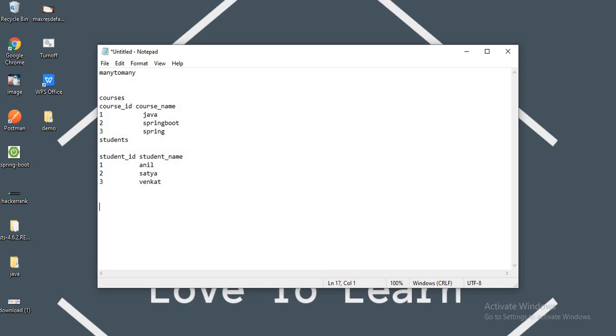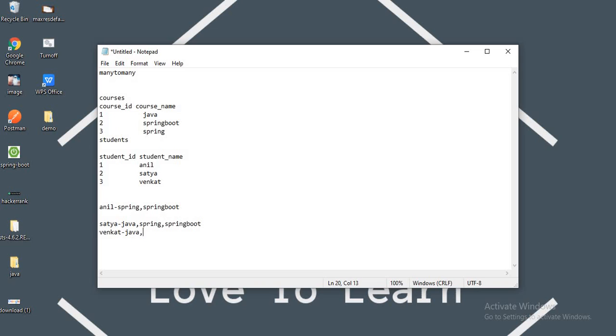I am writing here for your clarity guys. Satya is interested in Java, Spring and Spring Boot also. And Venkat is interested in